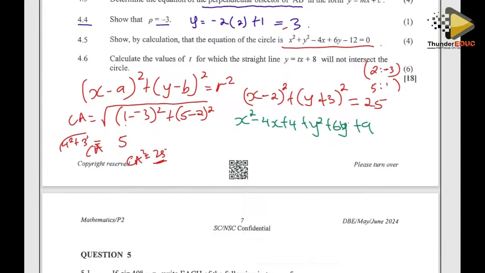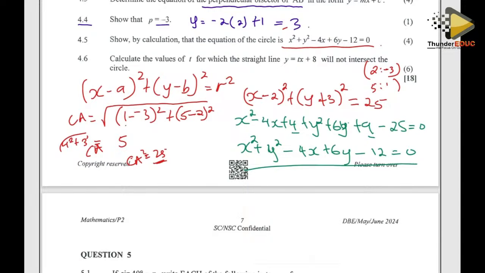I can transpose the 25 that side. I have my 0. Group everything. So x squared plus y squared minus 4x plus 6y. So 4 plus 9, that's 13. 13 minus 25, we get a minus 4. So that is the equation that they wanted. Okay. Then